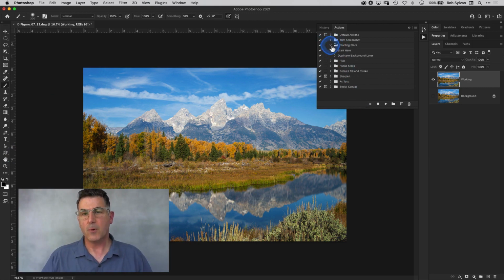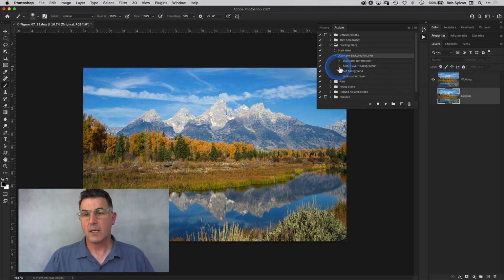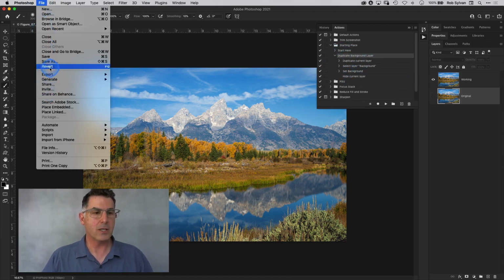So, for example, let me just revert this image back to our starting point here, where I just had a single layer. So here is an action that duplicates the layer, right? Duplicated it, renamed the original one to original, hid its visibility, and renamed the duplicate as working. And so that's the steps in this action. How do you make an action? Well, that's a course in itself, but